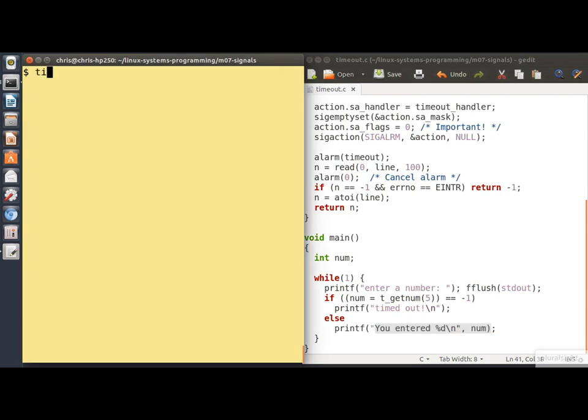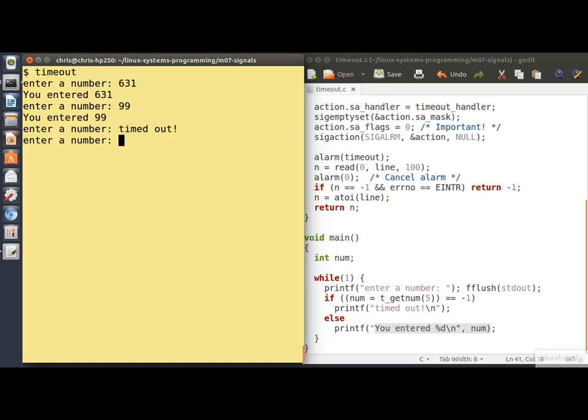Let's try running this. And we'll enter a number and another one, and then this time I'll just sit back and let it time out. There it goes. So we'll enter one more number and then I'll sit back and let it time out a second time. Okay,